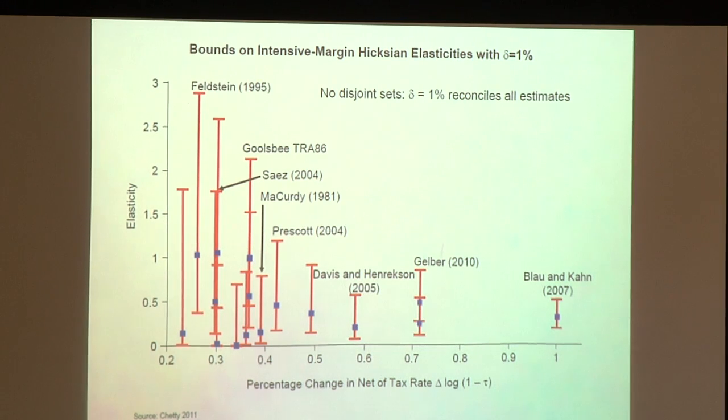It's still the case that just allowing for small frictions, the possibility that people may not have paid attention or may not have adjusted, can perfectly well reconcile why you see this dispersion. Now, a skeptical view of that is, basically what you're saying is these bounds are super wide for every study, so none of them really contains any information, and that's why they all agree with each other. So that actually turns out not to be the case, at least with a delta of 1%.